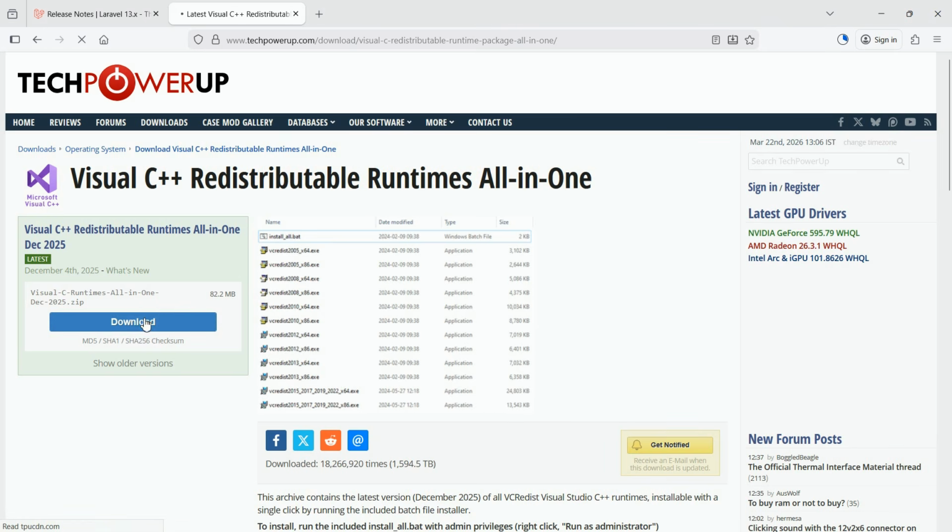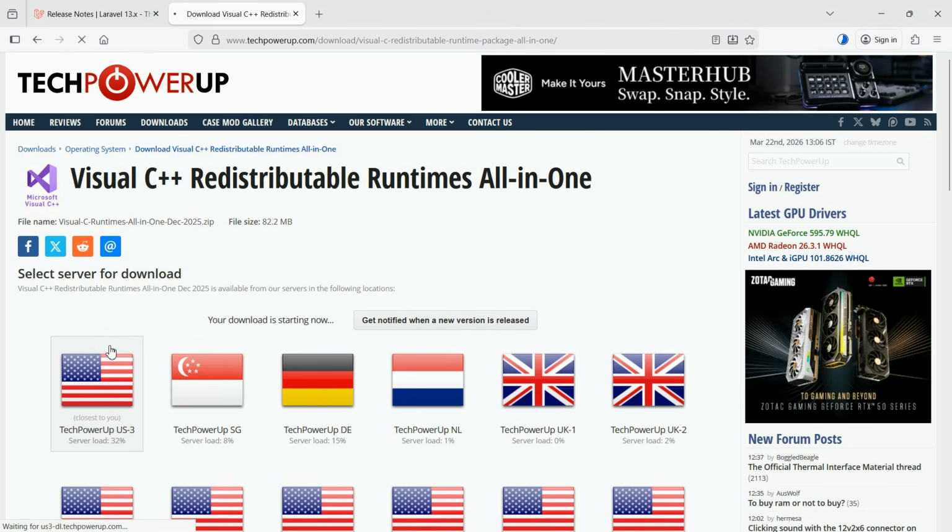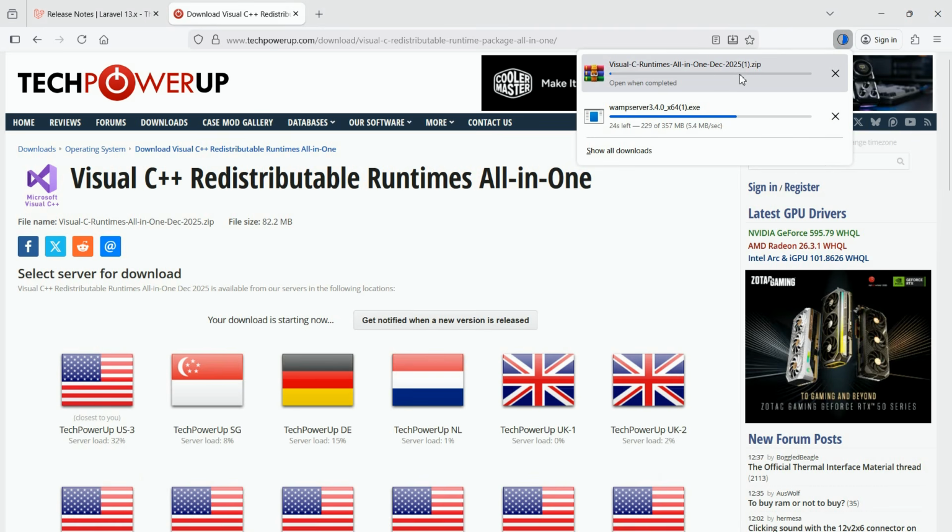Now click on download. Click on any link, this is a server link. Okay, now it's downloading. I have already downloaded it, so I'm just going to cancel this